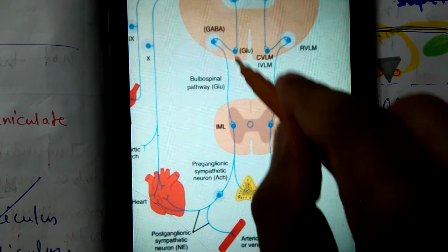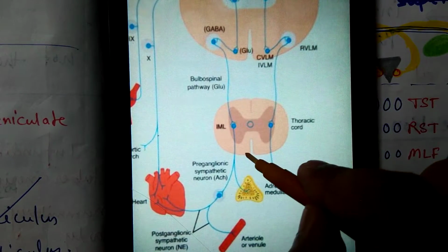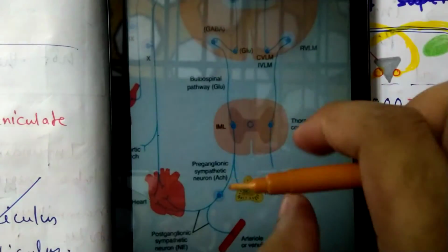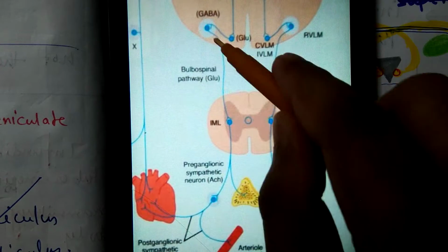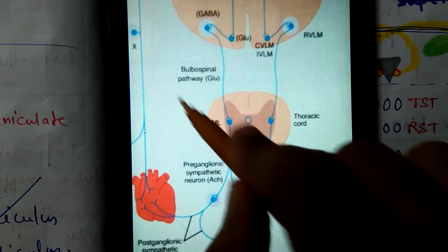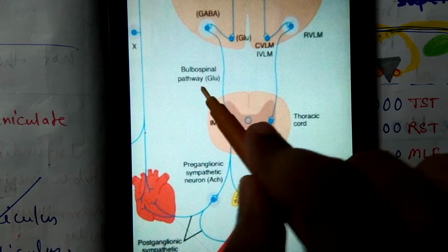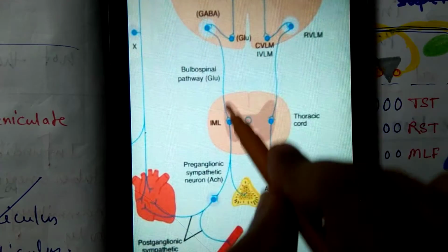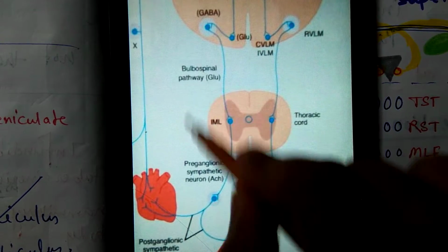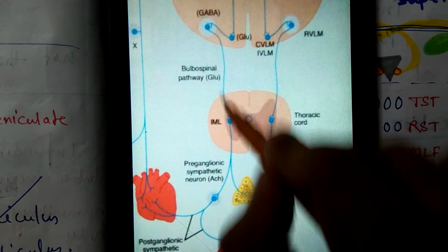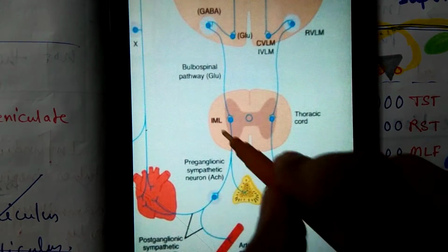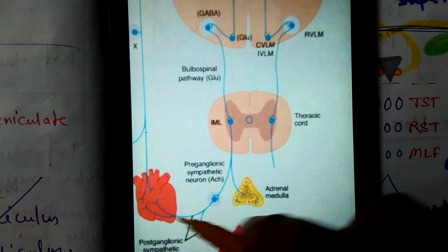Okay, so from RVLM, the rostroventrolateral medulla, through the bulbospinal pathway, neurons reach the spinal cord, and then from the spinal cord to our sympathetic ganglion. This is called our preganglionic neuron, and this is the bulbospinal pathway. Now the bulbospinal pathway uses the neurotransmitter glutamate. So the neurons of the bulbospinal pathway, which arise from RVLM and relay at the level of the spinal cord, are glutaminergic. Yes, and then the preganglionic sympathetic neuron uses acetylcholine, ACh, and then the postganglionic sympathetic neurons are